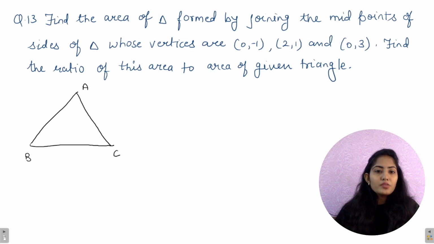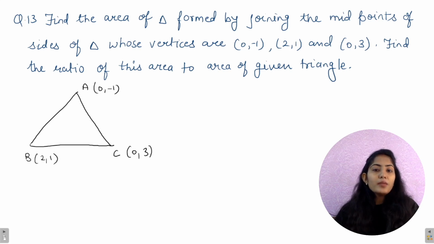और इनके कोऑर्डिनेट्स भी मार्क कर दिए। A जो है वो (0,-1) है, B जो है हमारा (2,1) है और C जो है (0,3) है। एंड इट इज गिवन दैट आपको एरिया फाइंड करना है उस ट्रायंगल का जो इनके मिड पॉइंट से मिला है। तो यहाँ पे एक मिड पॉइंट है, इसका एक मिड पॉइंट है, इसका भी एक मिड पॉइंट है, और इन तीनों को मिला दिया तो एक ट्रायंगल बन गया। तो ये मिड पॉइंट है D,